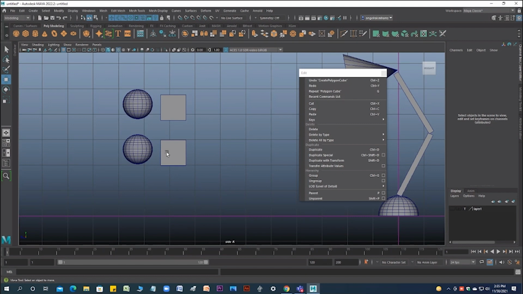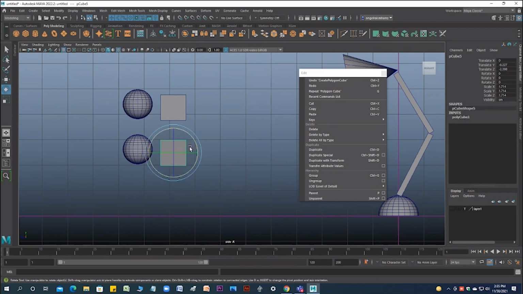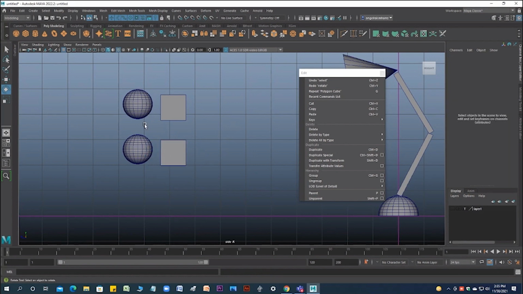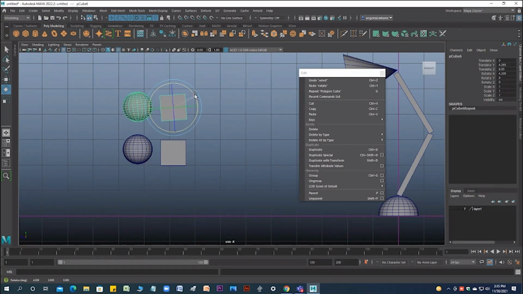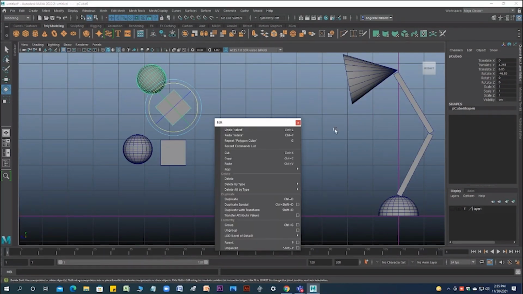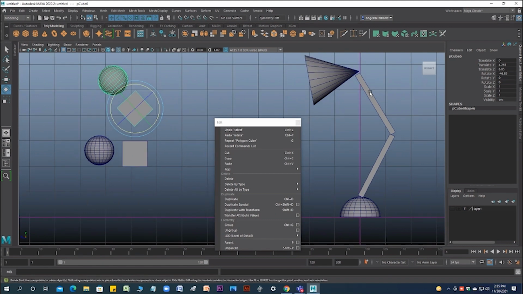Okay. So if I rotate this, it's not going along with it. If I rotate this, it's following. So what is your suggestion? How do I select this one, from this to this, this to this?